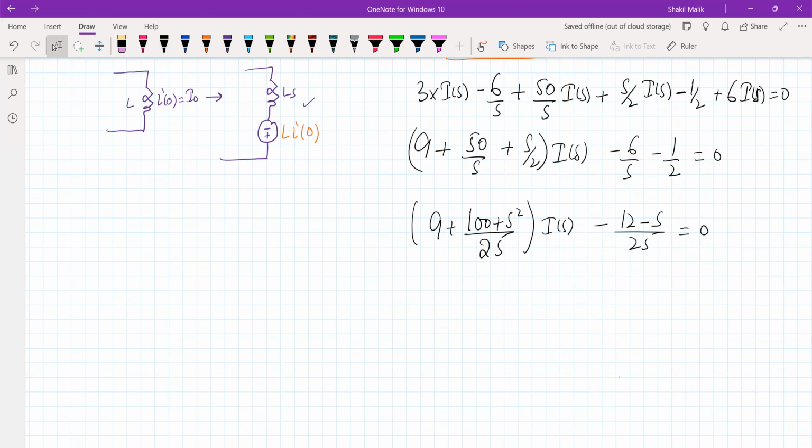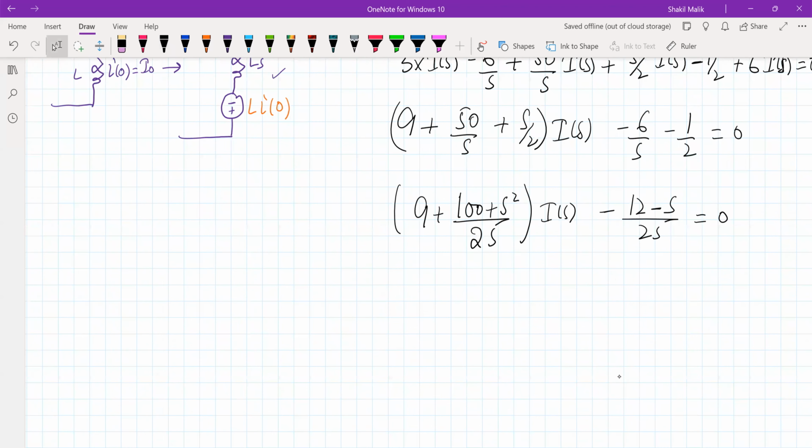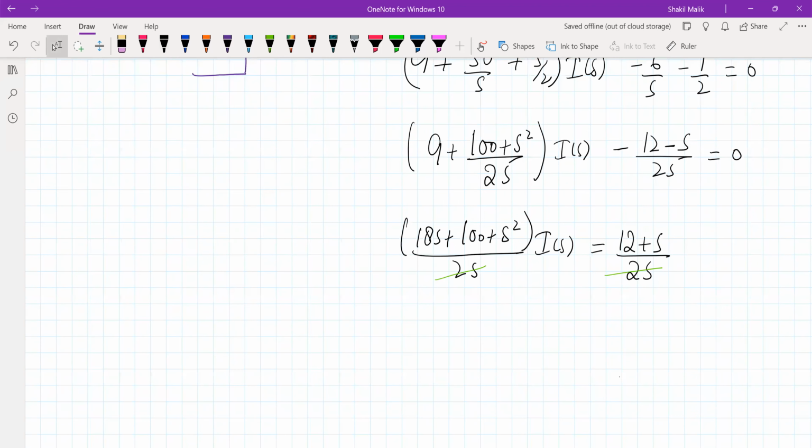So cross multiplying the terms again, we will get (18s plus 100 plus s squared) divided by 2s times I of s. If I take it on the right hand side, it will be 12 plus s divided by 2s. Now you can see 2s and 2s will get cancelled from this side and this side. So I can write simply as,